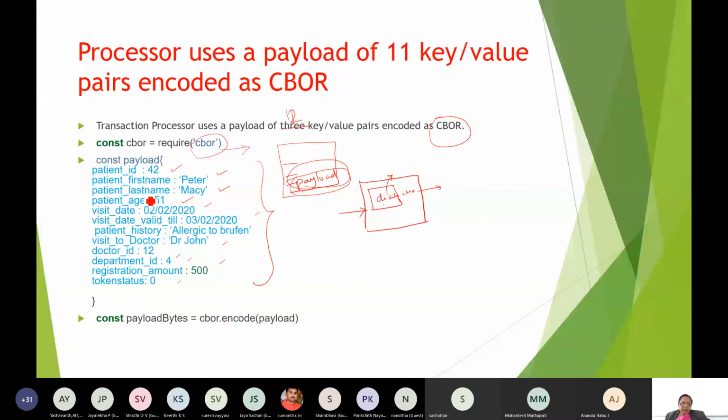So the patient ID is 42, name is Peter Mackey, age is 51 on 2/2, and the whole registration is valid for 1 month. Patient history: allergic to Brufen. He wants to visit the doctor, Dr. John, and doctor ID is 12. The doctor belongs to a department, so that department ID is 4, and the registration amount he has to pay is 500. Okay, now when he pays the registration amount only,